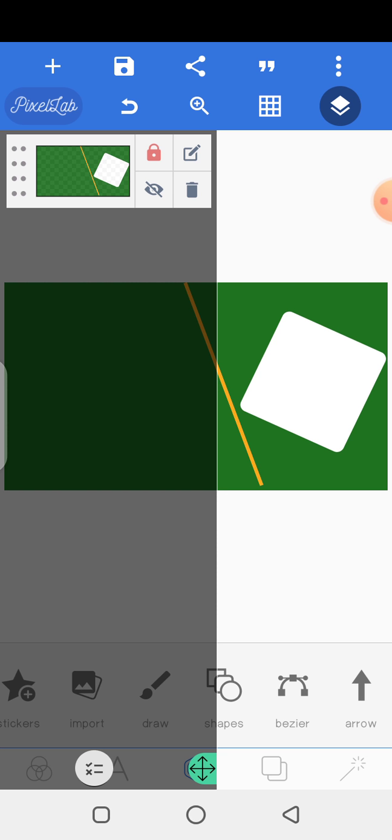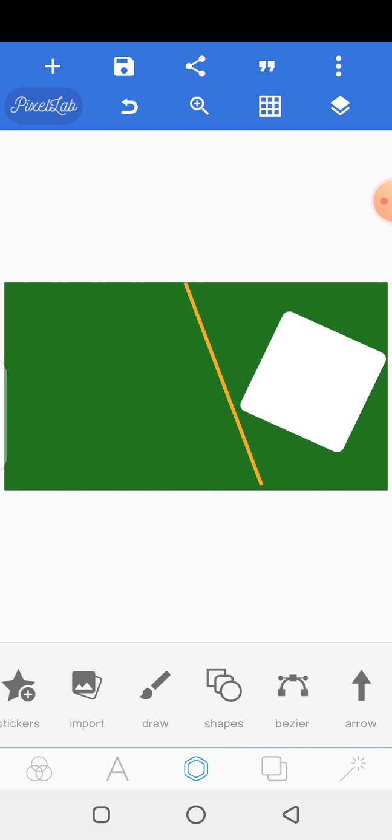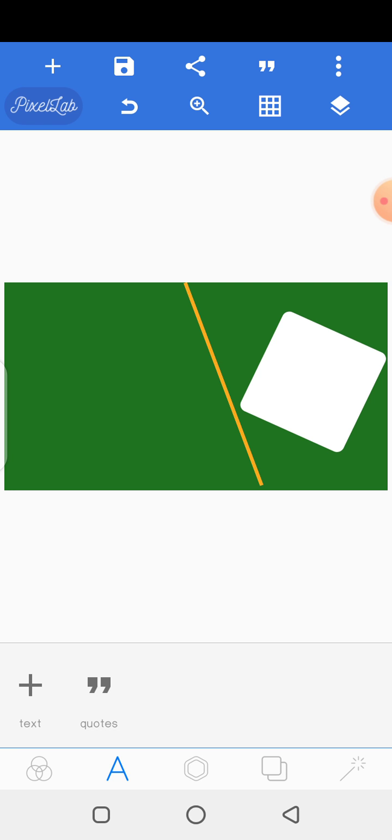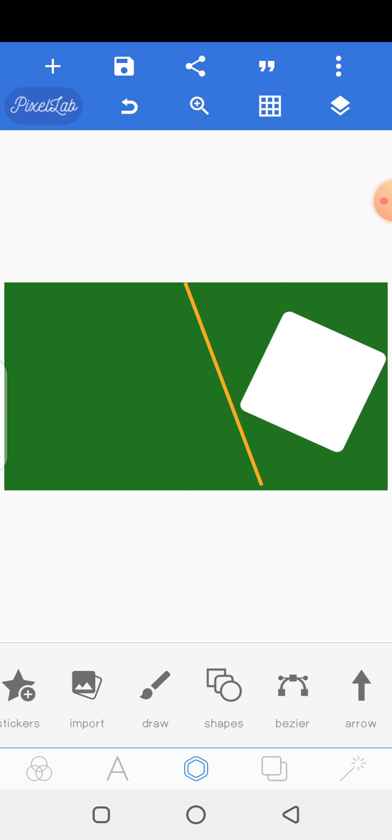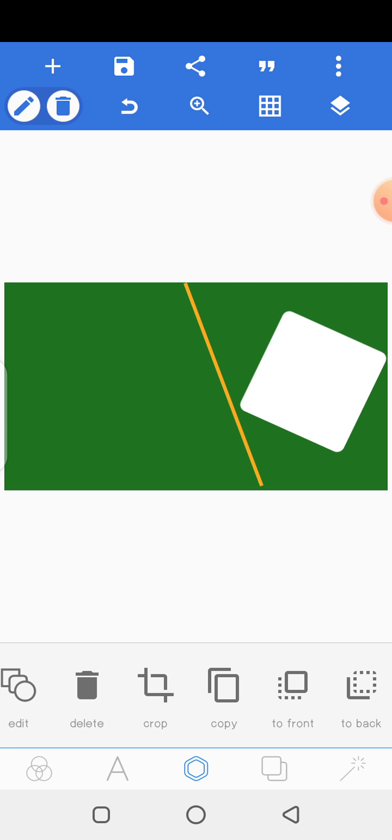All right, so here is what I'm trying to explain to you. By tapping on this, okay, I'm not able to remove anything that I want over here. So let me quickly go to the back shape where I can